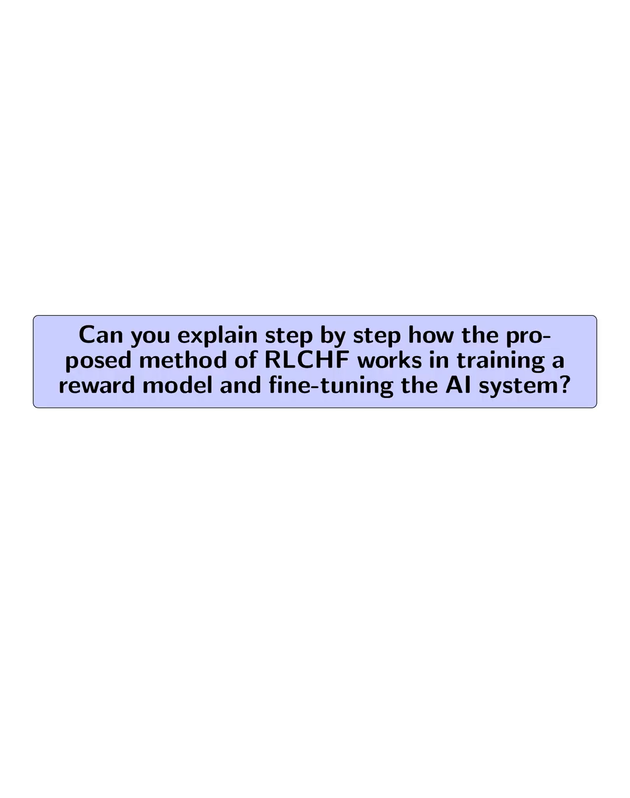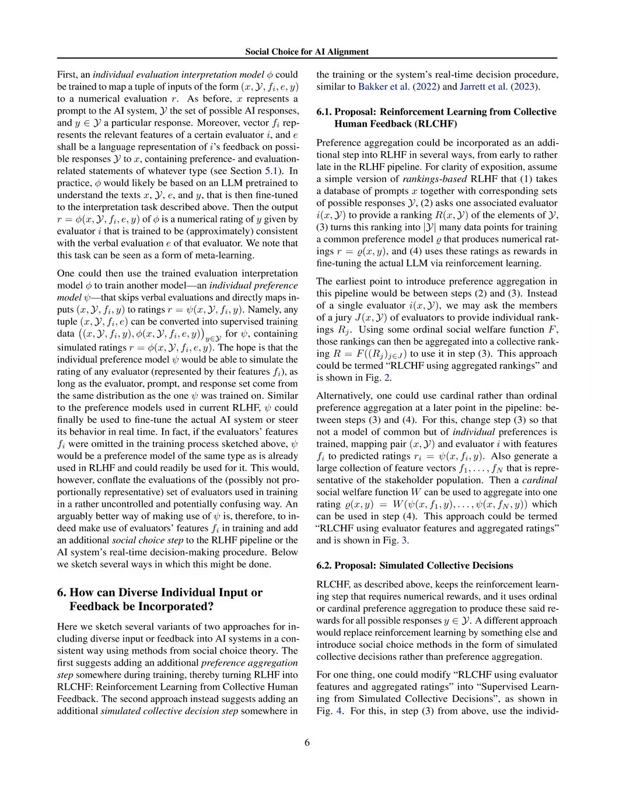Can you explain step by step how the proposed method of RLCHF works in training a reward model and fine-tuning the AI system? The proposed method of reinforcement learning from collective human feedback, RLCHF, works by incorporating preference aggregation as an additional step into the RLHF pipeline. In a simple version of rankings-based RLHF, the process involves generating prompts X with corresponding sets